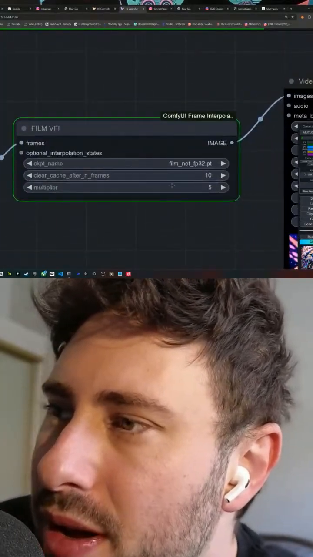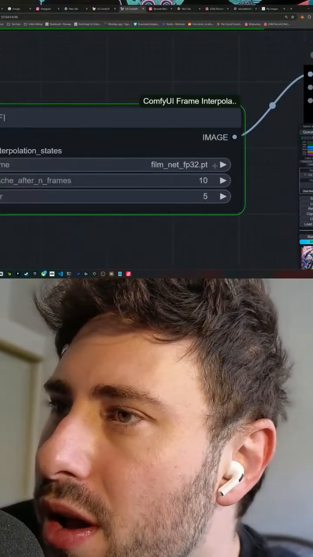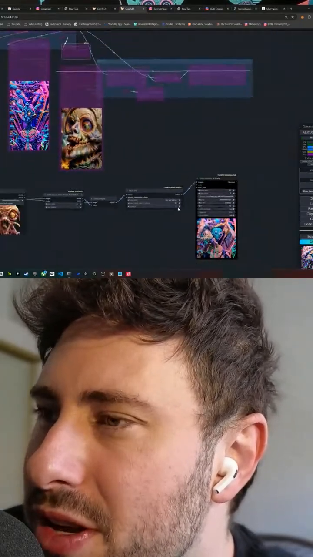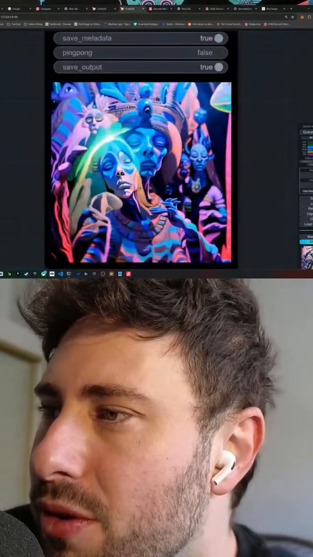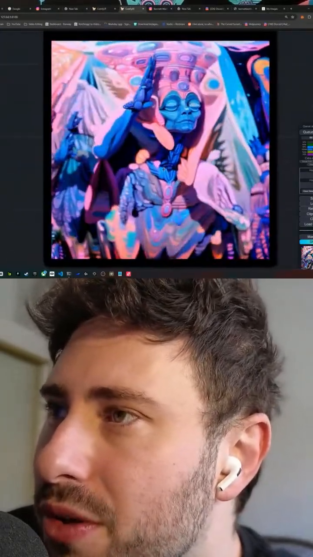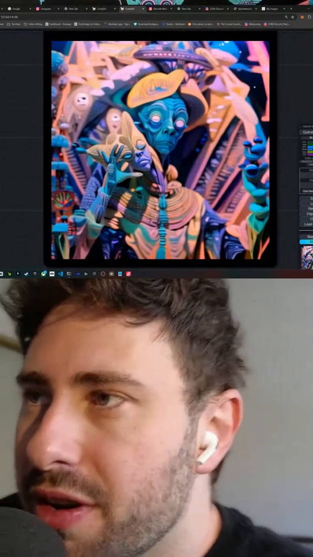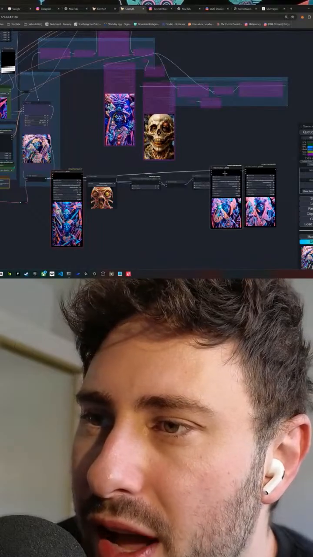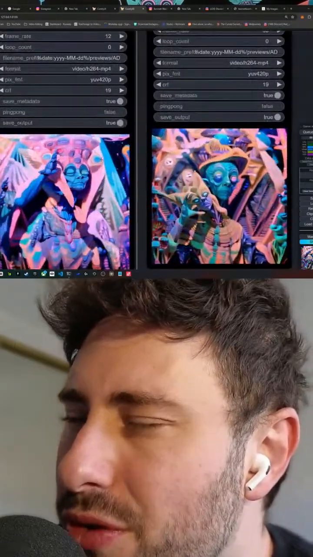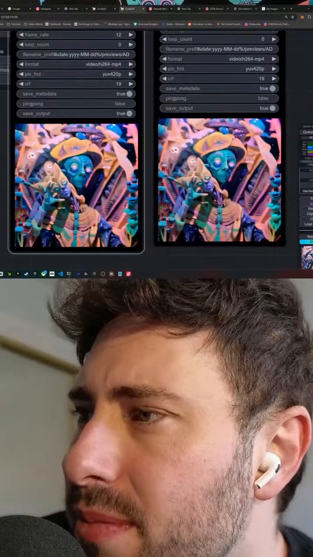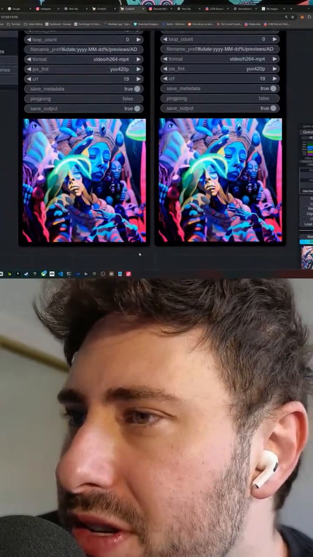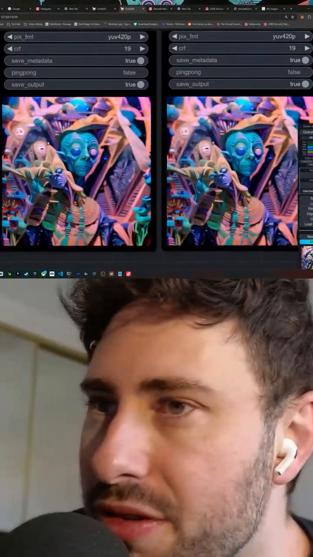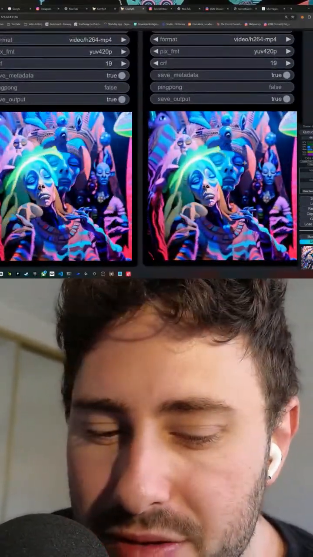Okay, and as you can see, based on the green border, as you might have guessed by now, it represents whichever node is actively being worked on. And that's how you can follow the process of what's going on. So this is really cool. I just interpolated the video. Now it's 60 frames. And as you can plainly see, it's much nicer to look at than our previous generation. Here's a before and after. Let's sync it up. So left is before, right is after. And I don't know how well that's coming through on stream, but the higher frame rate really makes a difference, you guys. Really makes a difference.